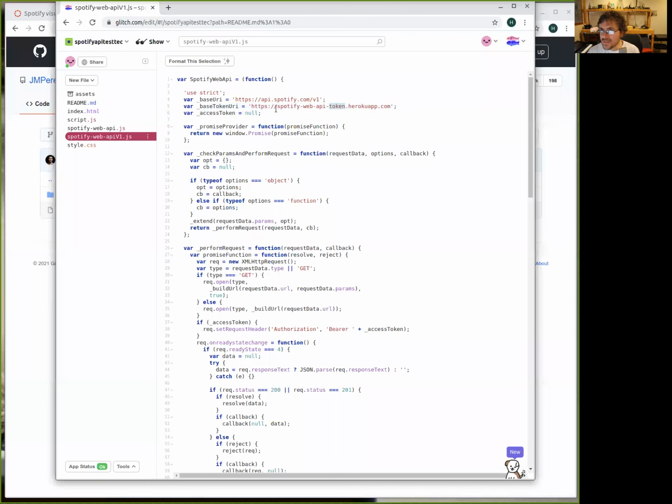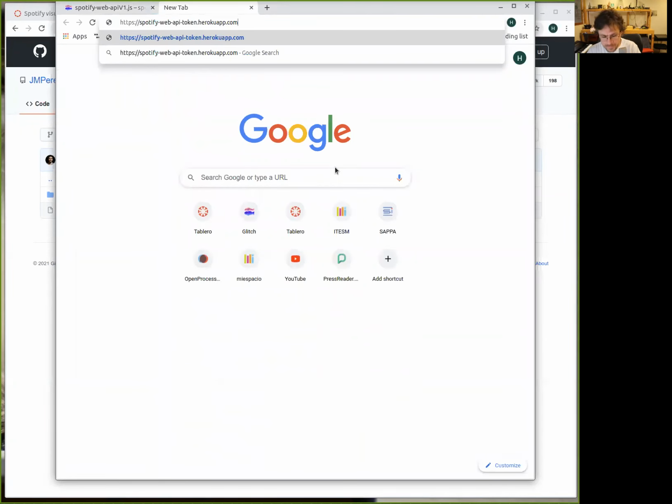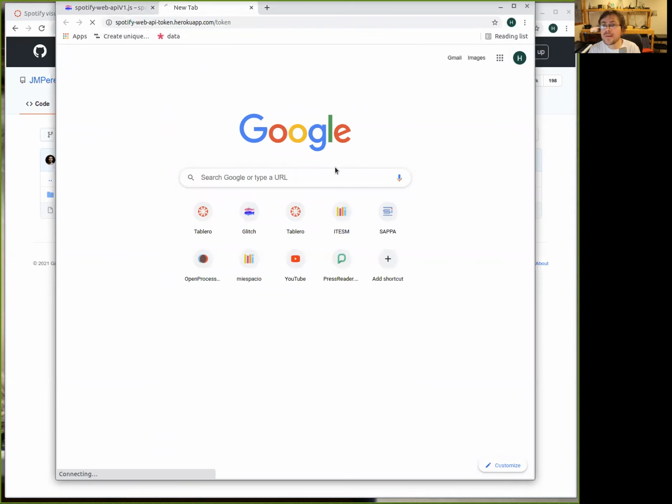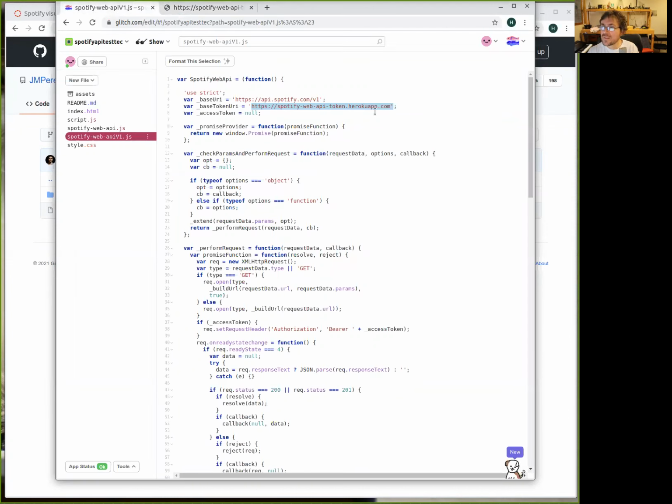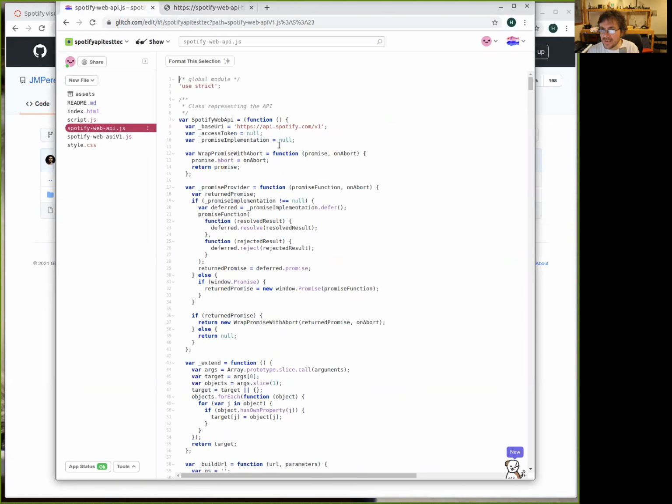Basically, it's connecting to this Spotify web API on herokuapp.com. Okay, it goes to this specific address, and then it retrieves a token. So if we go here just for fun, and we retrieve a token, we are going to end up getting a number. And this is a fixed token that this person created in order to connect to that part. And the new version does not have that, and it's assuming that you will create the token.